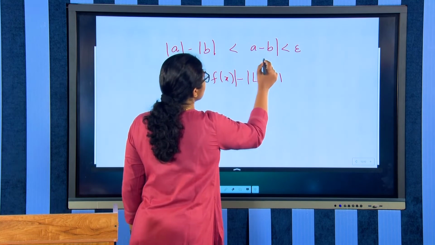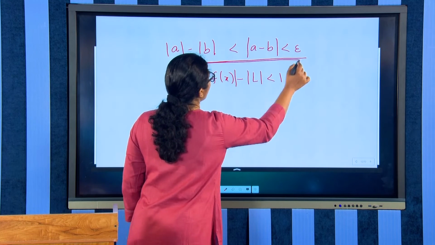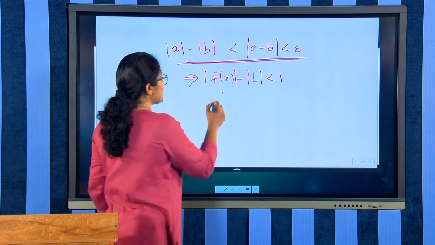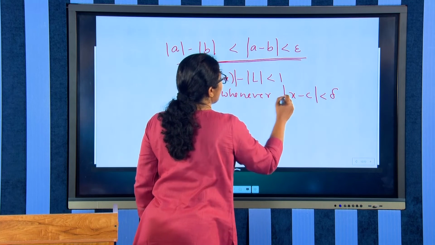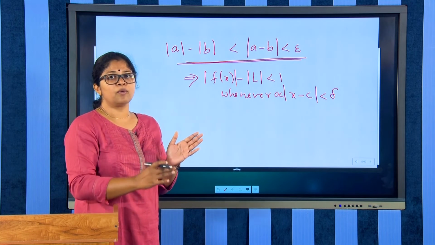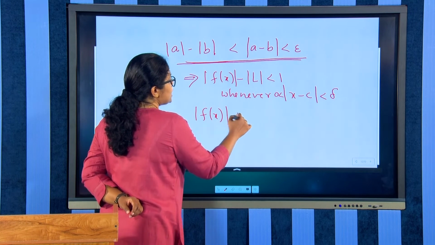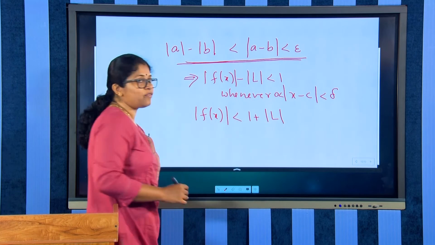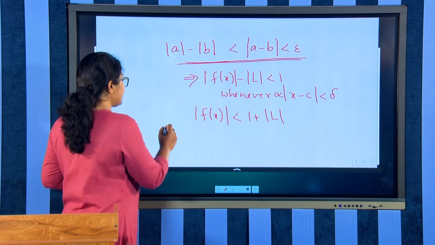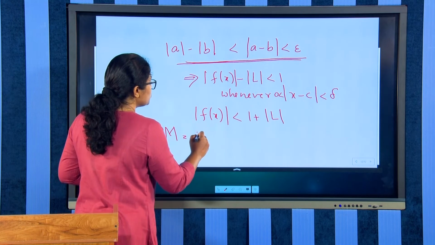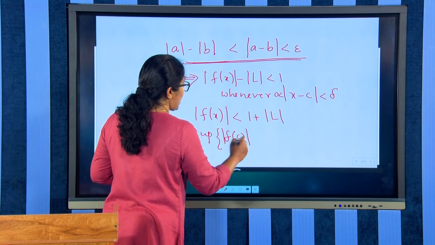Using this result, we will have modulus of f of x minus modulus of L is less than 1 whenever modulus of x minus c is less than delta. I am omitting 0 less than because obviously modulus is greater than 0. So, modulus of f of x becomes less than 1 plus modulus of L whenever x belongs to this delta neighborhood. So, we can have some capital M equal to supremum of modulus of f of c and 1